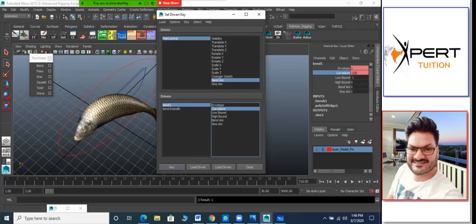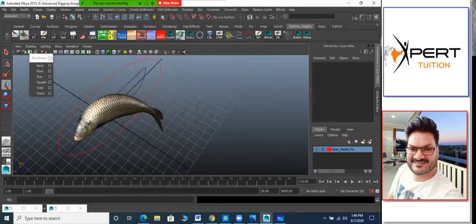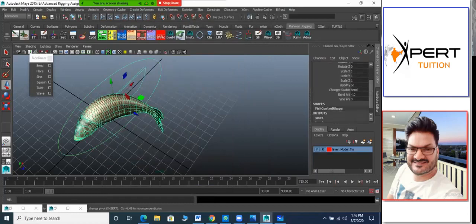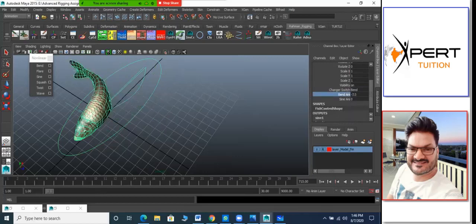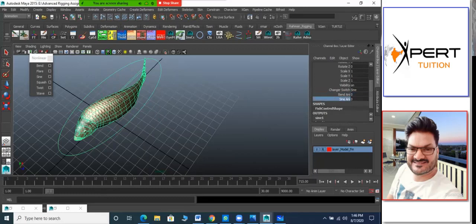Now we need to cross check whether I'm able to animate or not. When I am in the bend mode, just see that I'm able to animate this manually. Is it clear, sir? But if I shuffle into sign and see now, I'm not able to animate. And that's what we need, right? Now I want that if I am in the sign mode, this value should not work. This one should start working, right? So this one we are going to plug into the offset value.